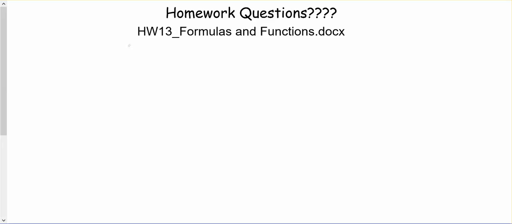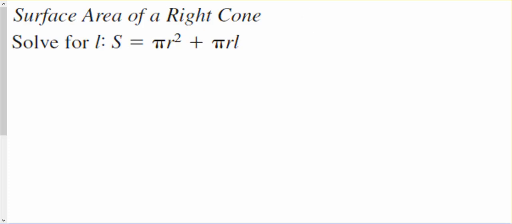We'll skip homework questions. So this is just a continuation of Lesson 13, solving. We're going to work our way backwards through our order of operations. So this problem says we want to solve this for L. And so we've got an L out here. So we look at this L. What's immediately happening to the L is it's immediately